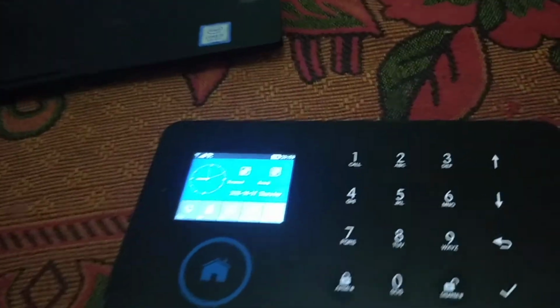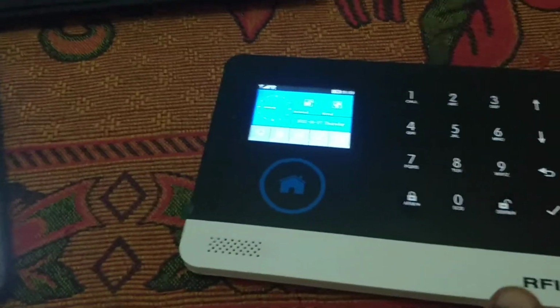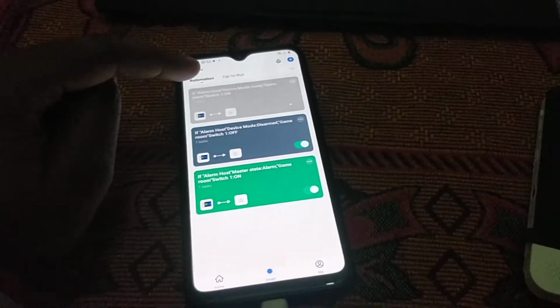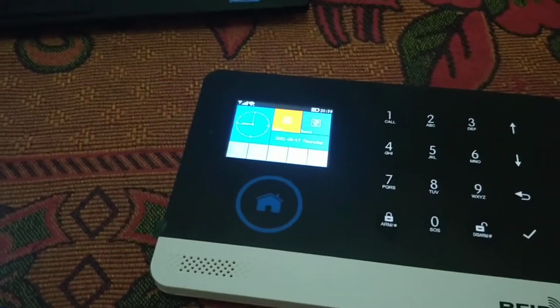But let me show you. Let me just remove the trigger when armed. Let me just switch off there. So if I arm now, you'll see that it won't switch on because I've deactivated that instruction. So let me just try to arm like that. So you can see the light is not switching on,